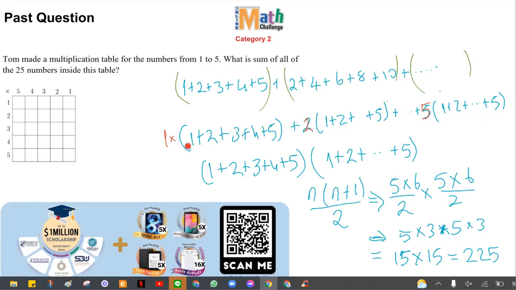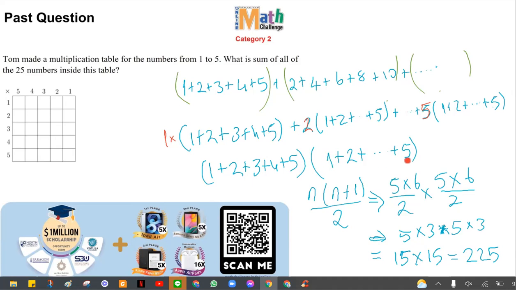Now we see that the bracket part is common for all the terms, so we can factor out again, and what is left in the new bracket will be 1, 2, 3, 4, 5. Yes, 5. Now the final result is this one: the sum of numbers from 1 to 5 times the sum of numbers